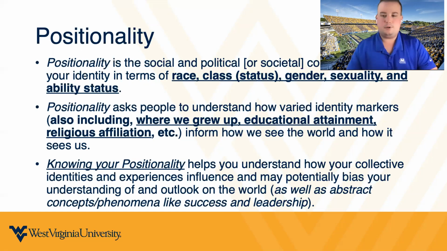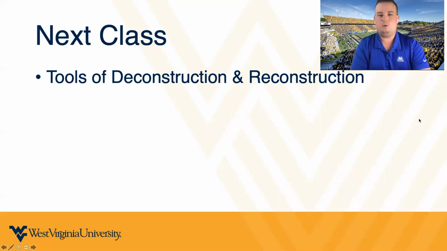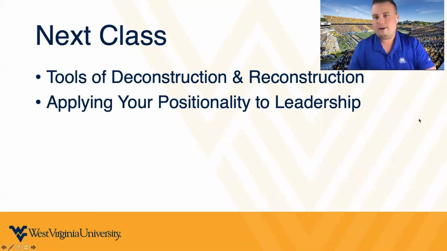And like I said, in the next class we're going to talk a lot about some tools that we can have in our belt to take a really abstract problem and sometimes remove some of these things that have influence on it and objectively look at how we can make it better for society as a whole as leaders, and also just to help correct the social injustices that sometimes we face in the world. So I promised I'd keep this as concise as I could. I hope you have a general understanding of some of the core tenets of what Dugan's saying in critical social theory. And for next class, we'll talk about these tools of deconstruction and reconstruction and how we can apply positionality to leadership more specifically.